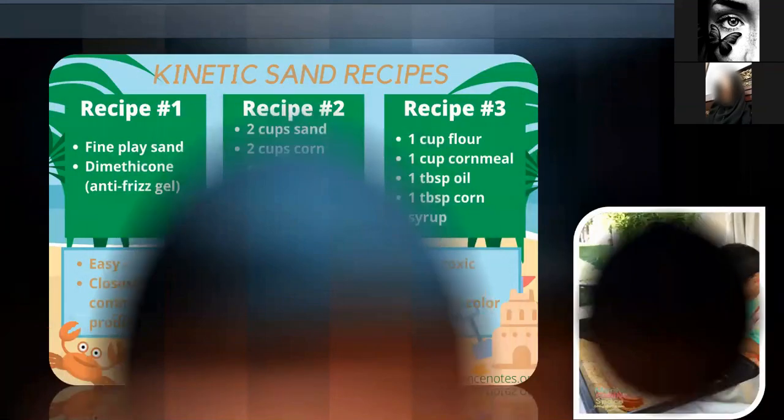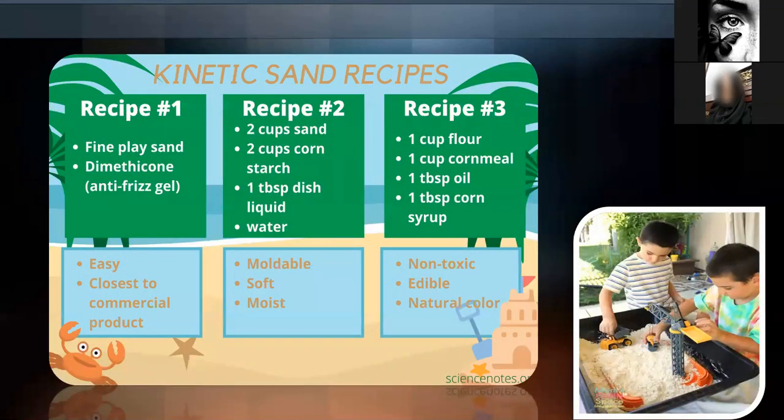Next, there are some recipes of the kinetic sand. First one is fine play sand, dimethicone. It is easy and closest to the commercial products. The recipe will be 2 cup sand, 2 cup cornstarch, 1 tablespoon dish liquid and water, which gives moldable, soft